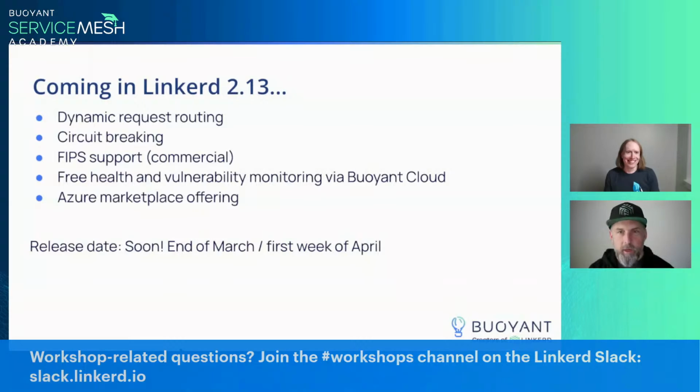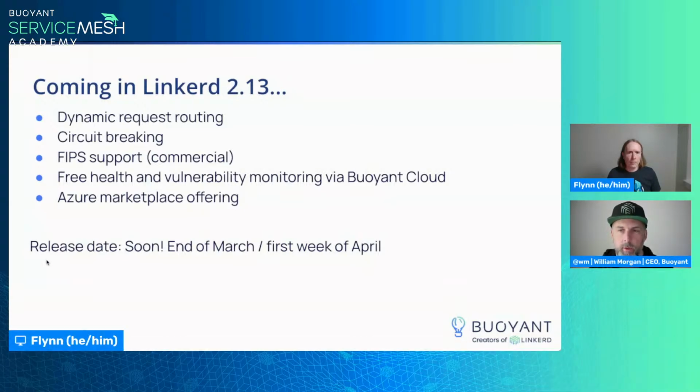All right. Okay. So Linkerd 2.13. This is going to be a big release for us. I'm going to talk about a bunch of stuff. The two real headline features are what we're calling dynamic request routing and circuit breaking, and we'll talk about those in depth. When Flynn does the workshop section, we're going to be focusing really heavily on dynamic request routing, which is what's available already in the latest Edge. Circuit breaking we'll talk about, but it's not in an Edge release yet.